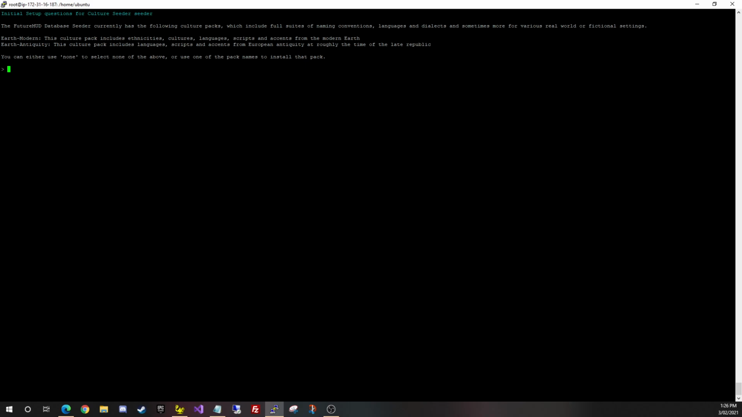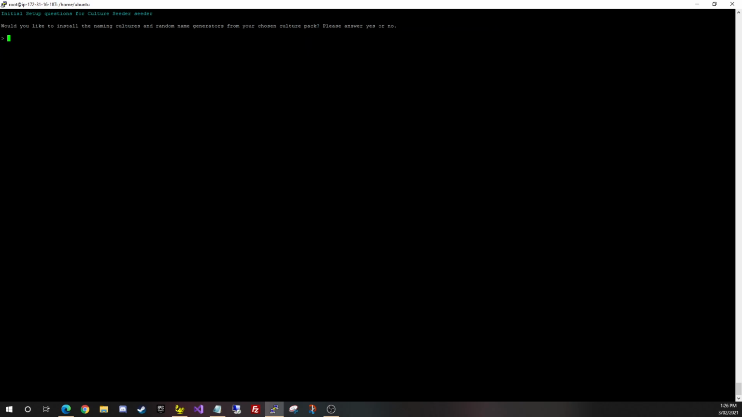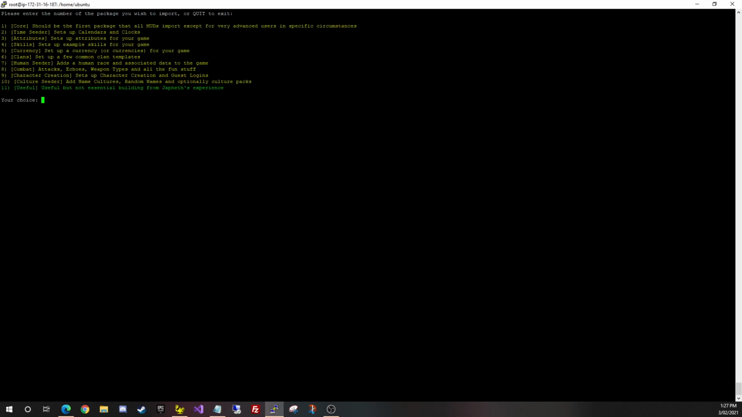But for the moment, I have an Earth Modern, which is basically just an export of LabMUD's setup, or Earth Antiquity, which is one that I wrote up, which is, as it sounds, a sort of European antiquity setup. We do want to install the name cultures and random name generators. We do want to install the languages, accents, and scripts, and we do want to install the races and ethnicities, although I haven't actually got those in for the culture seeder yet, for the Roman one that is there for